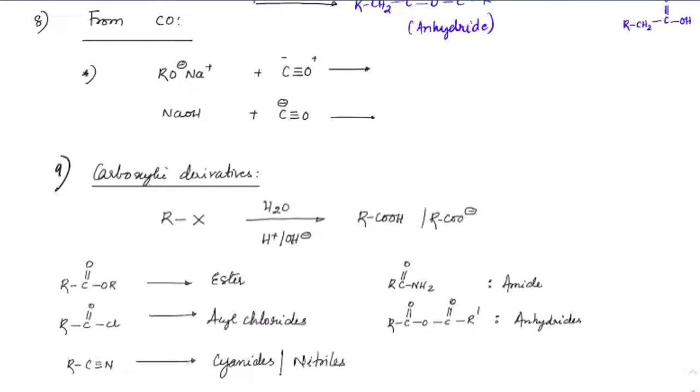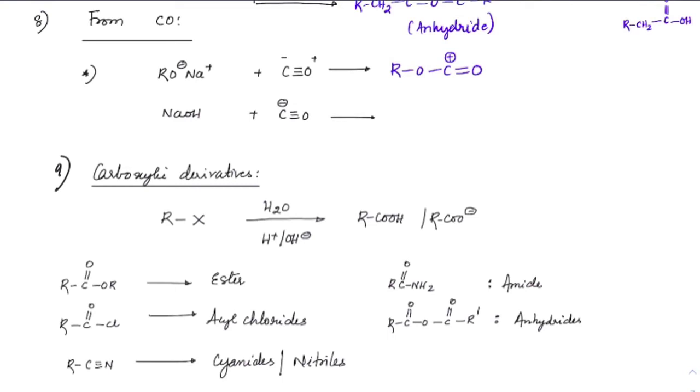Now from carbon monoxide. Carbon monoxide also, first you would see the attack would happen here, RO minus as it attacks here. In C double bond O, first you can think like this. We have C double bond O here with positive sign, right? This is how the attack is happening. Just imagine that way because a clear mechanism isn't there for it. I'm just showing you how you can guess it.